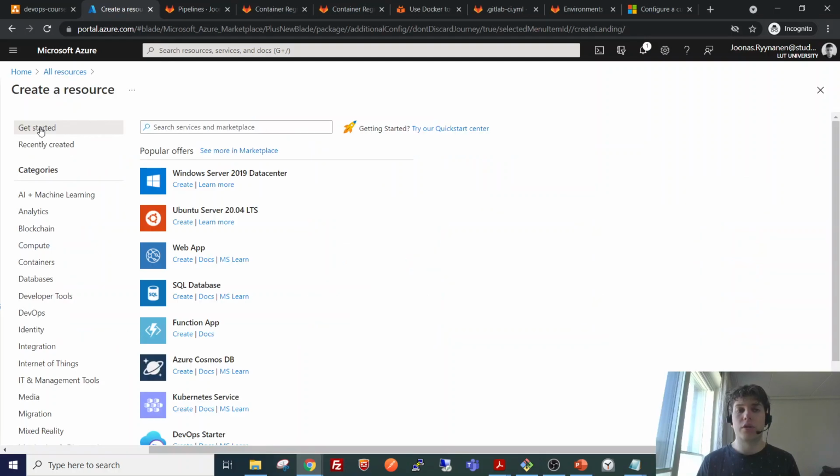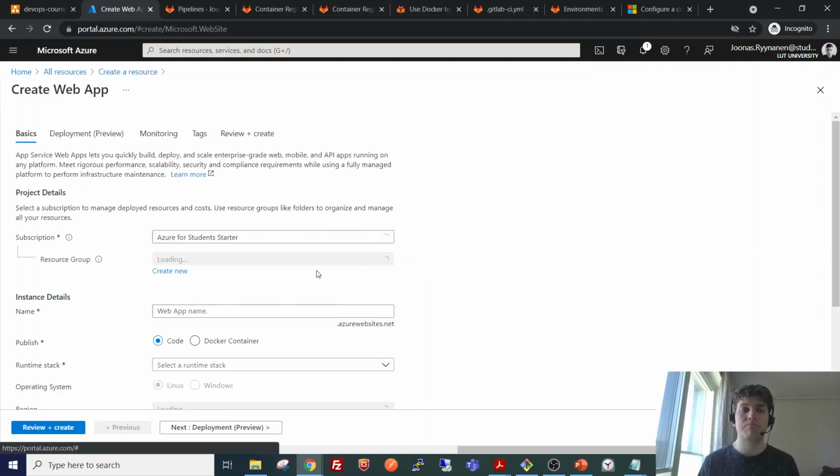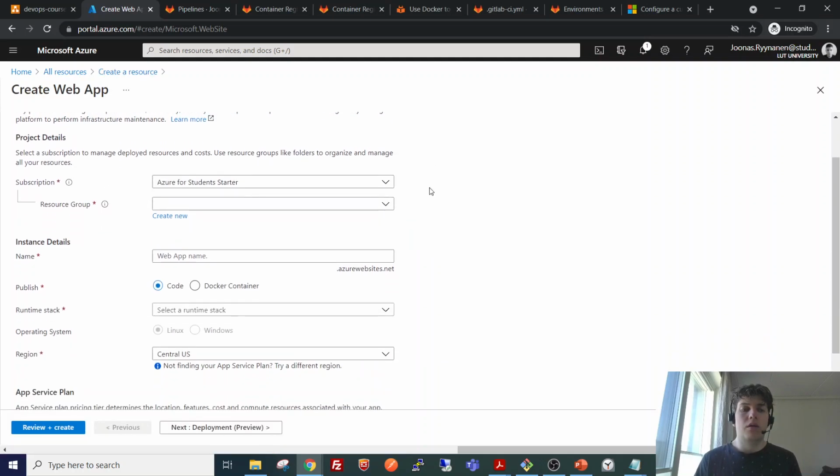So let's go ahead and create a new service and use the Web App service. Now here, last time we used this code option, but there is this option to also publish a Docker container. So when we use the code option, we provided the source code of the software to the service.